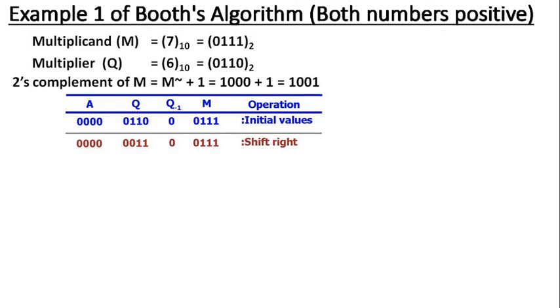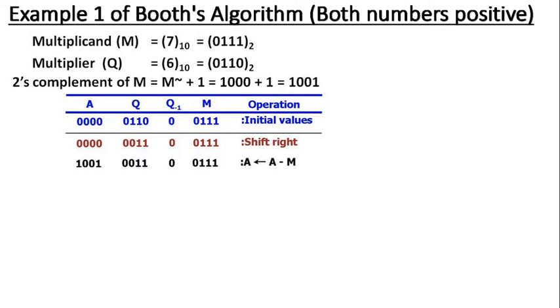So this particular action in the second iteration I want to show here in a black color. This is my second iteration, and I prefer to use a black color here. So A minus M, and the result is copied to A. Now how is this particular operation A minus M performed?